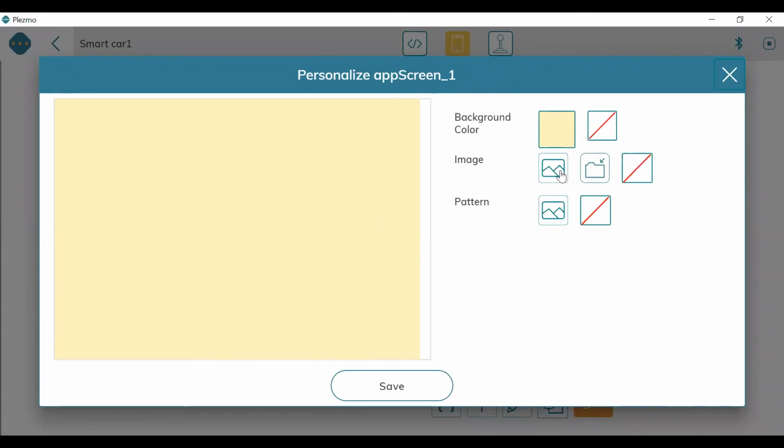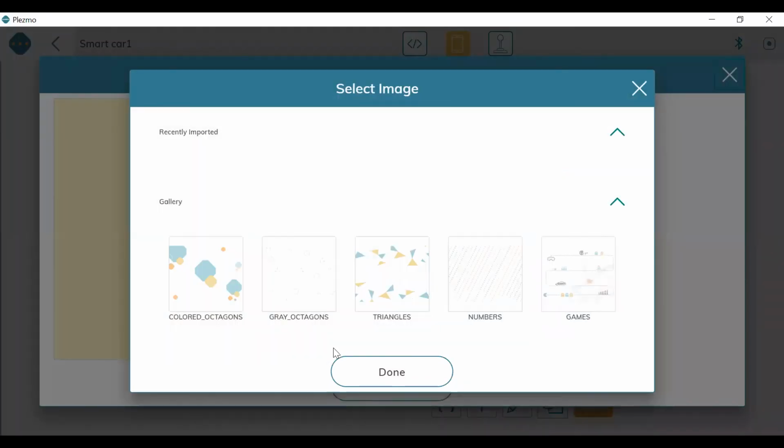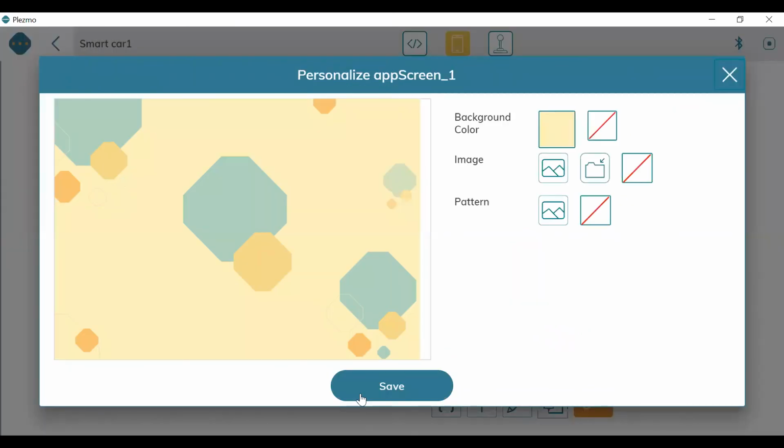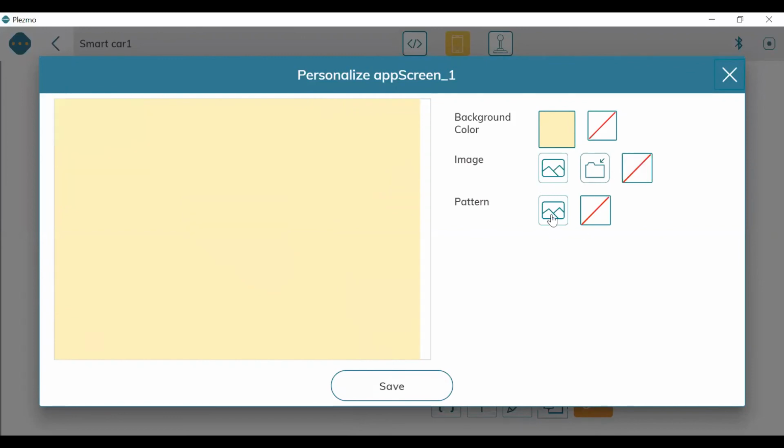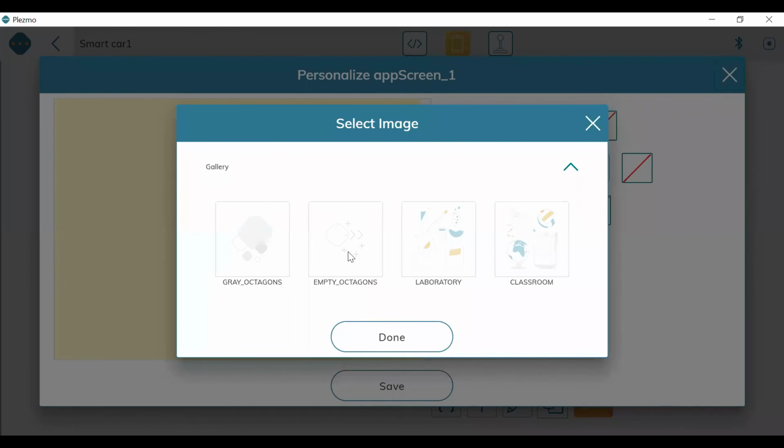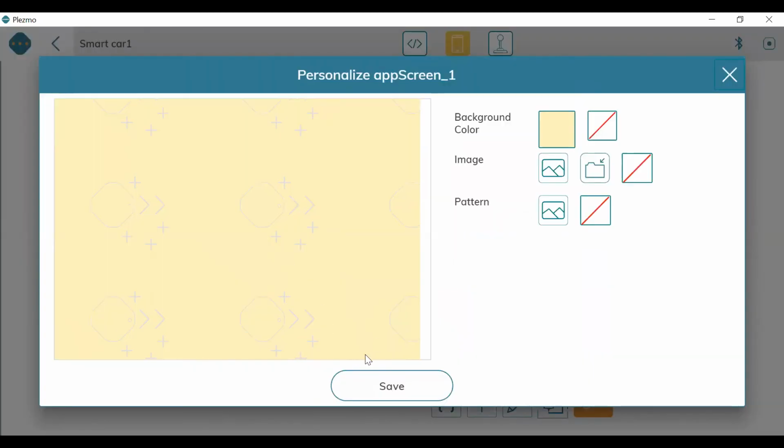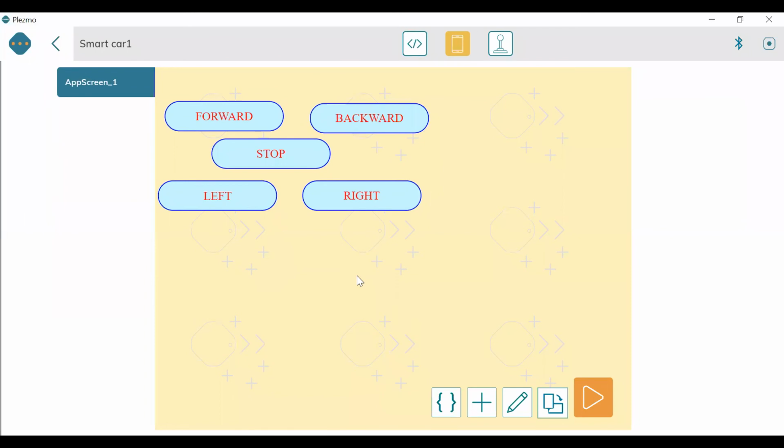If you take an image, you can choose any of the images, for example, this one. But as it is a remote, I think we should take some self design. I will not take the image. I will go to the pattern part, and if I click on this, see, it is looking great. So let me save it. So it will look like this.